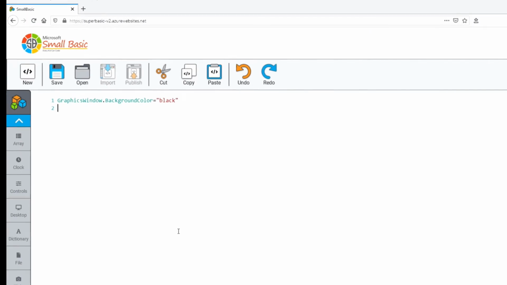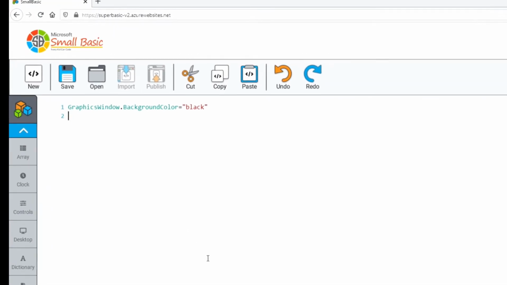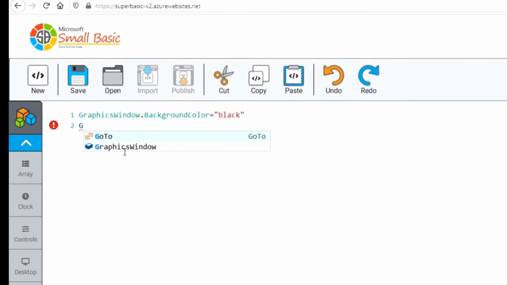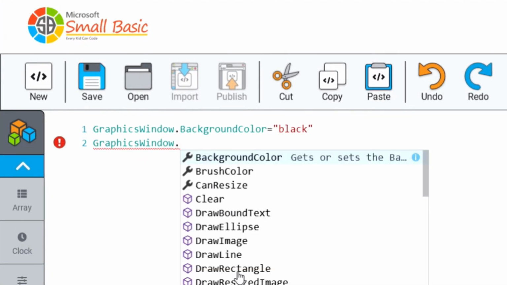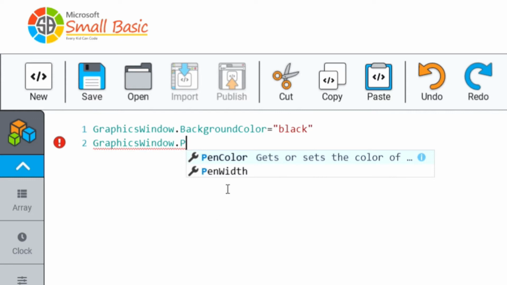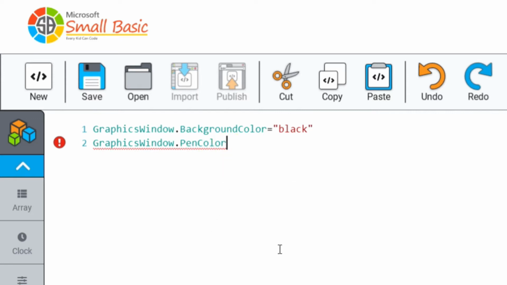So if we're all back together, we're going to do a similar line again. So we're going to start off with a capital G, and then graphics window dot capital P, so that we can click pen color equals. Now you're going to need that speech mark again, so people on the iPad, remember you need to hold that down and pick the one in the middle. Everyone else, it's the one above the number 2 with shift. And let's pick yellow for our